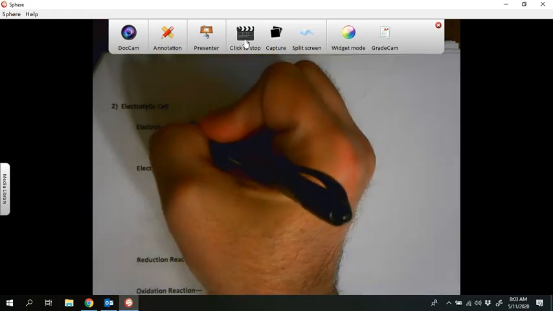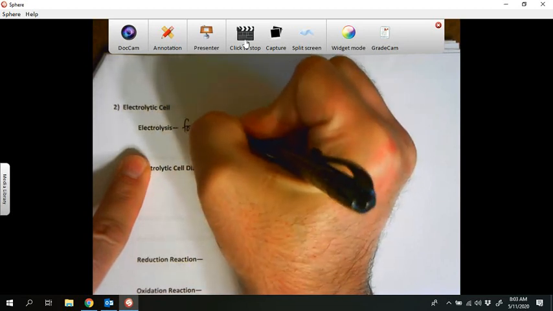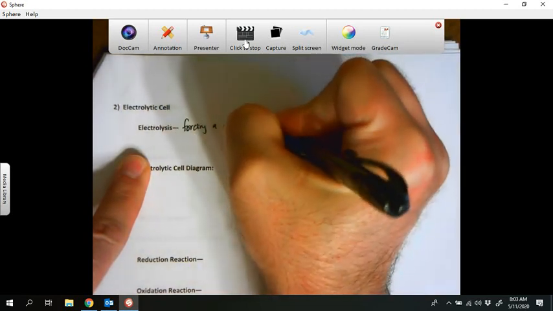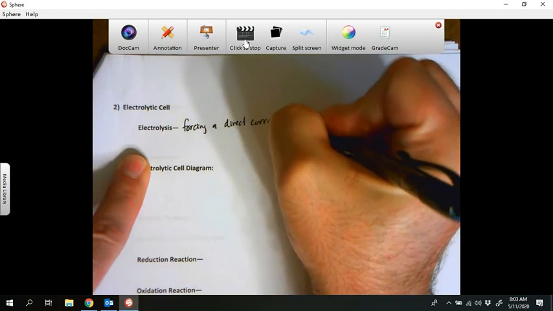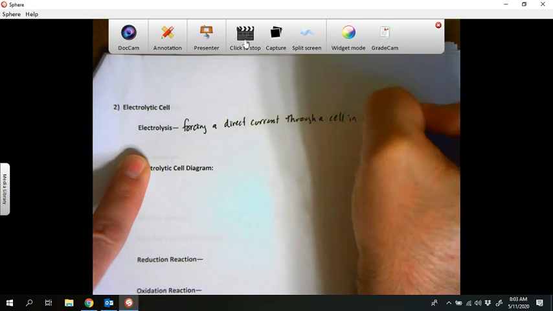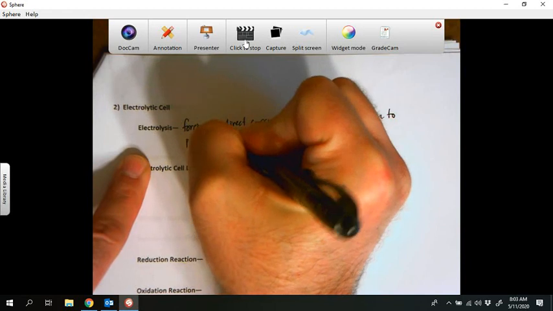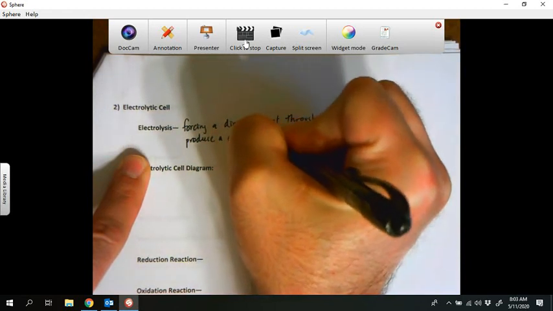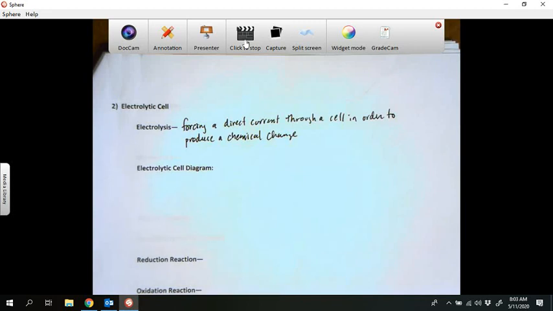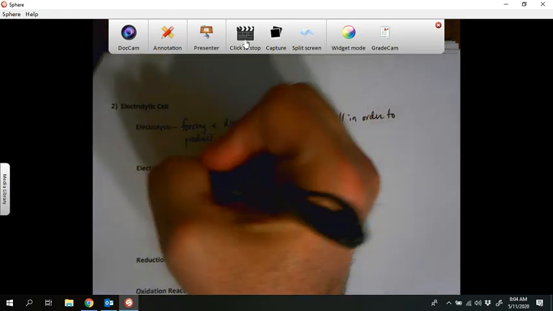So this is the process of forcing a direct current through a cell in order to produce a chemical change. So if you remember before, we used a chemical change in a galvanic cell to produce electricity. This time we're using electricity to produce a chemical change in something. And this is a